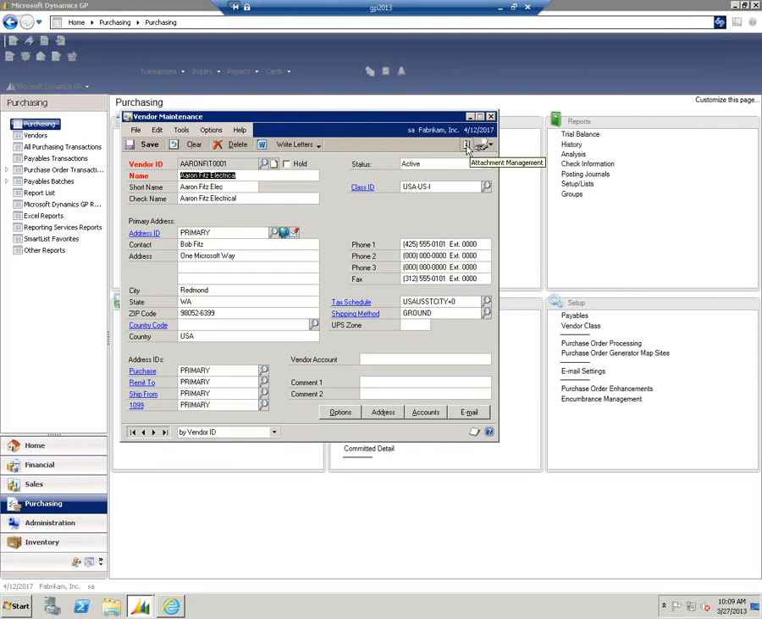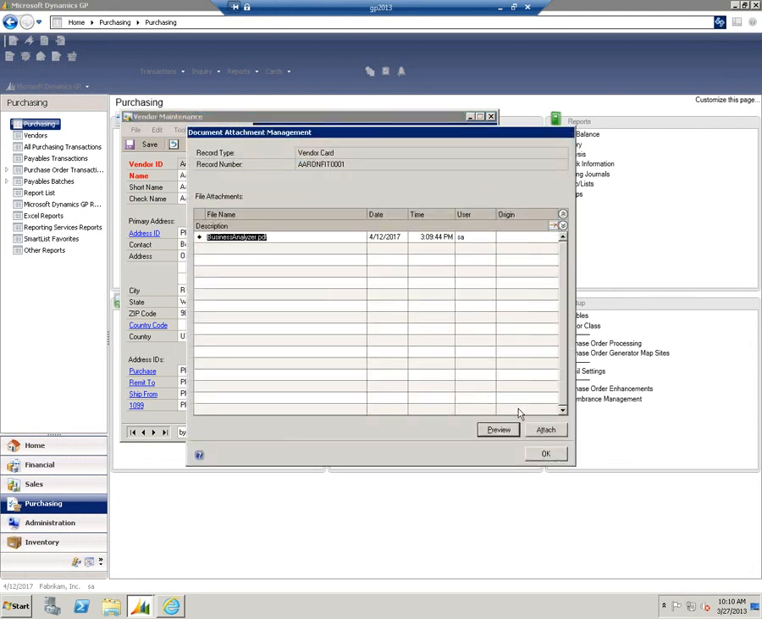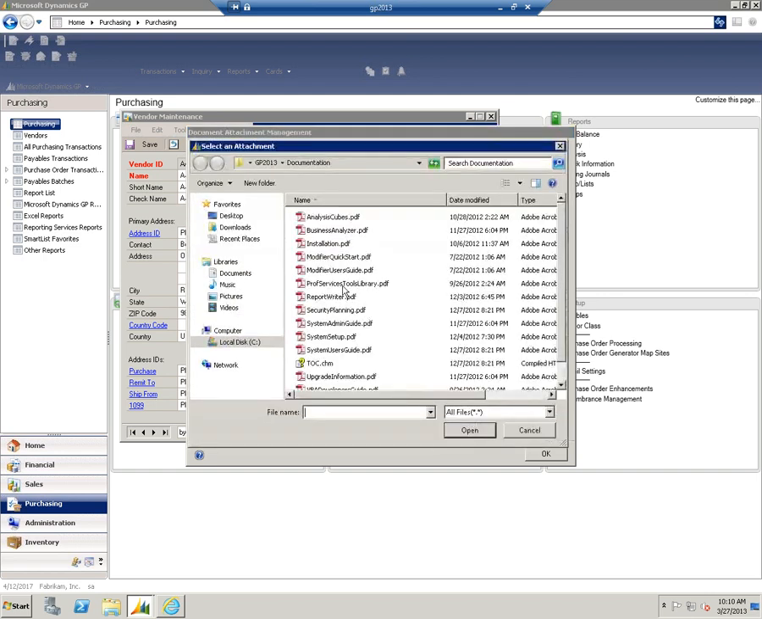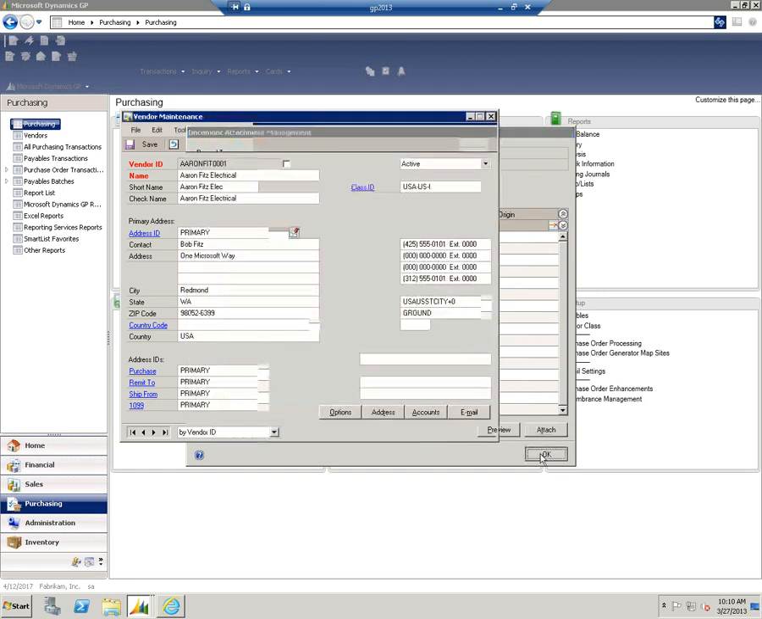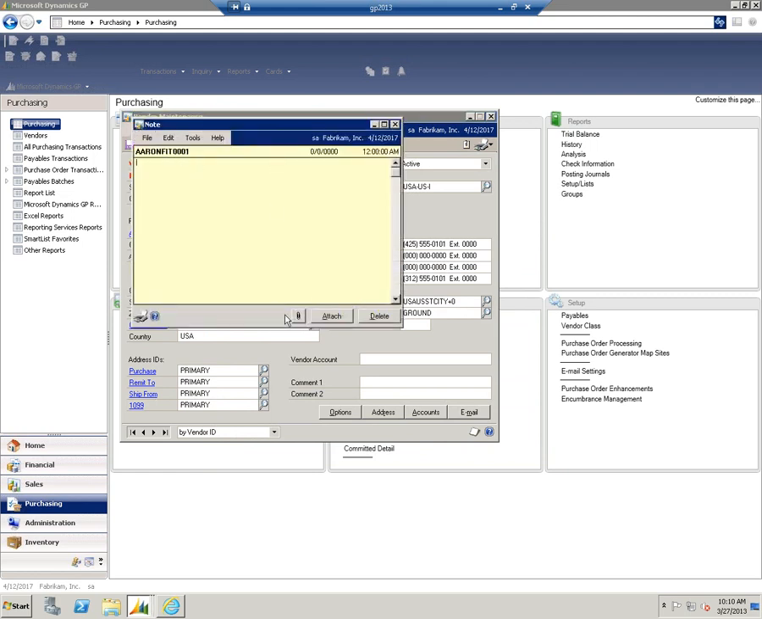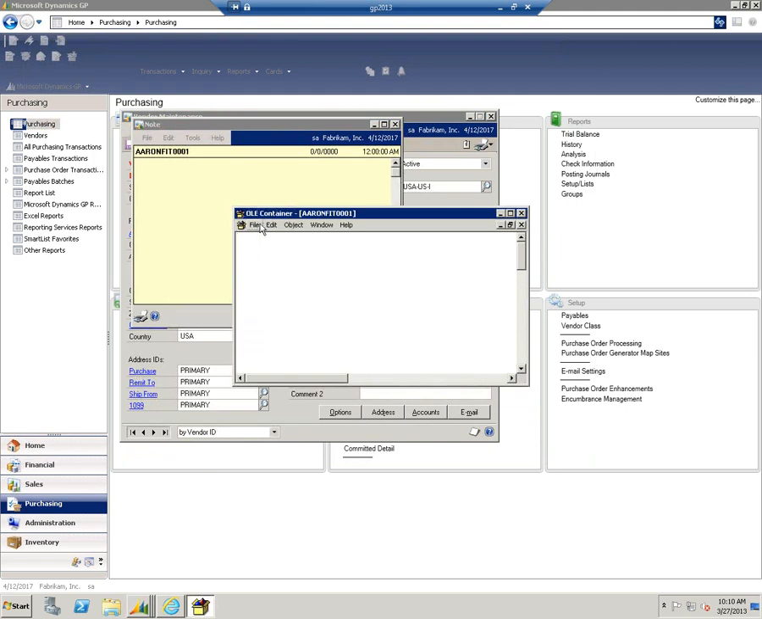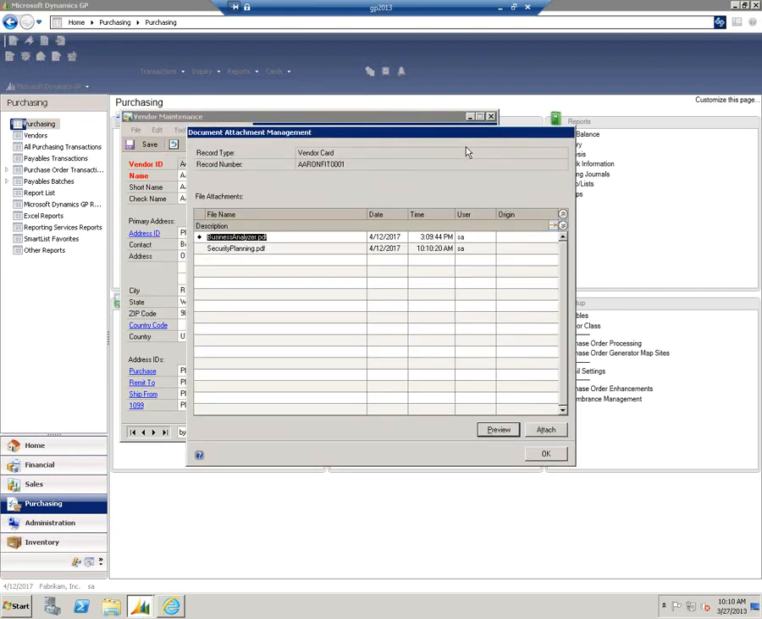And now you have a new feature called Document Attach. And I'm going to click Attach. And I'm going to pick Security Planning. And I'm going to say OK. And if you're used to going the old way, which is through the OLE notes, where you would go in here and then you would click Attach, and then you would do insert new object, and so on and so forth, you'll see that document attach is a much quicker, faster way